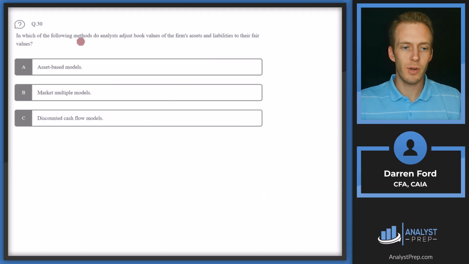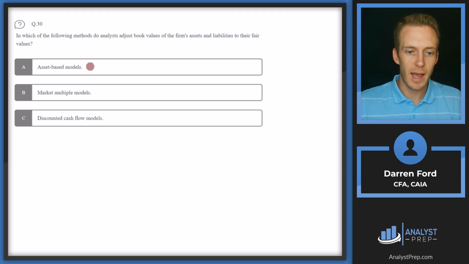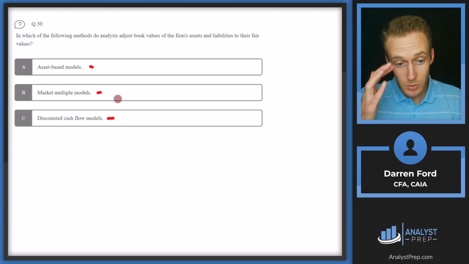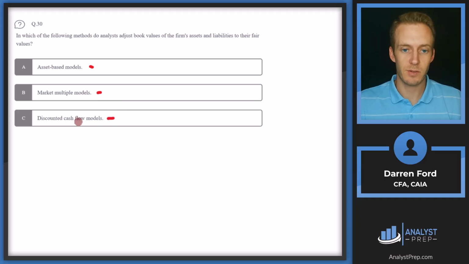Answer C. Question 30. In which of the following methods do analysts adjust book values of the firm's assets and liabilities to their fair values? A, asset-based models, B, market multiple models, or C, discounted cash flow models? So starting at C here, discounted cash flow models,